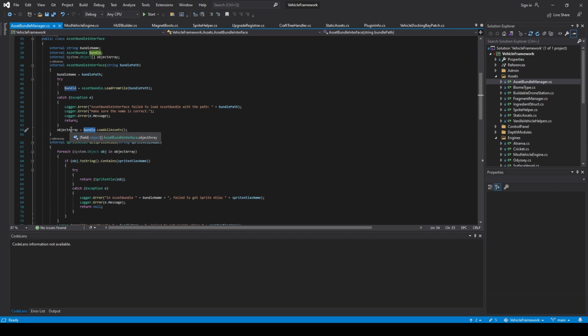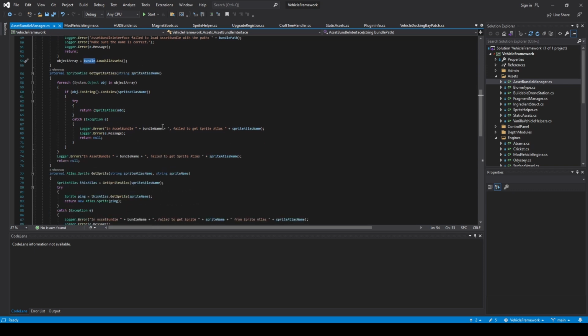That object array contains all of the assets you put in the bundle. So here I have this foreach loop that goes over everything in the object array. So this says for every asset in your bundle, if its name is the name that you're looking for,